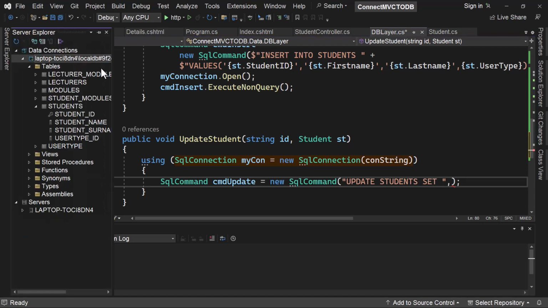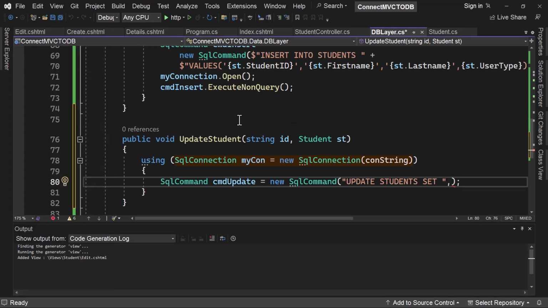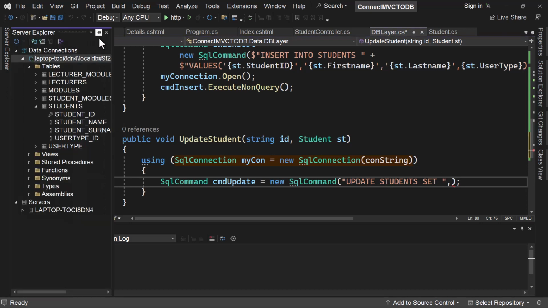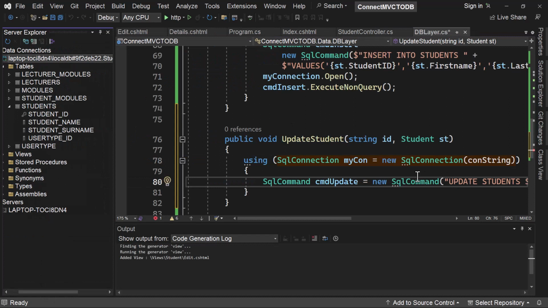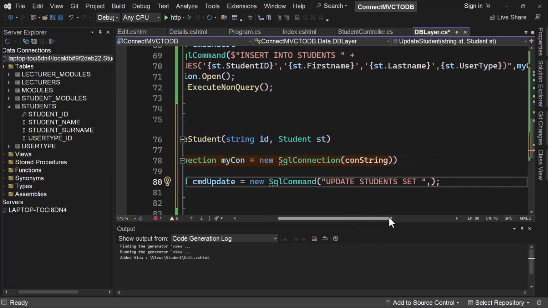I'm just gonna make reference here. Just wanna get the correct column names. So set student name to